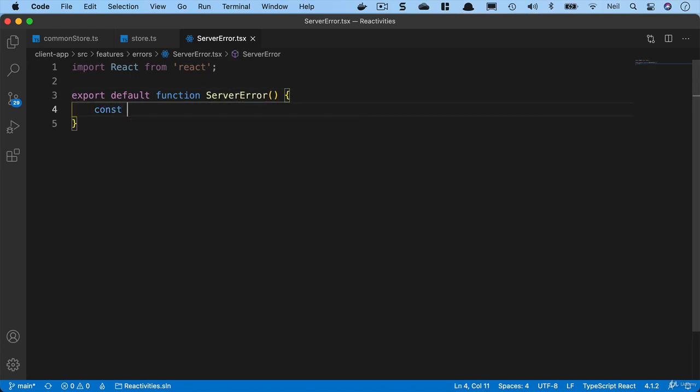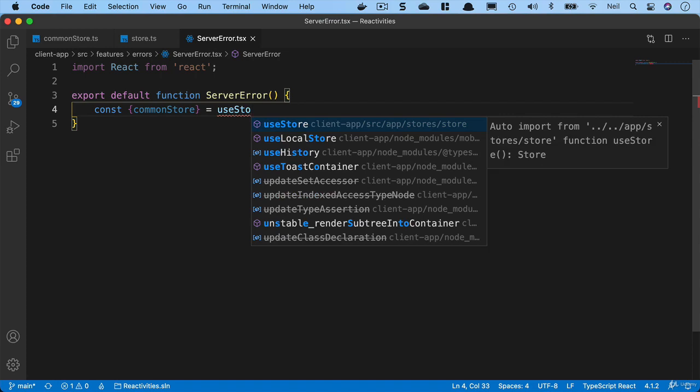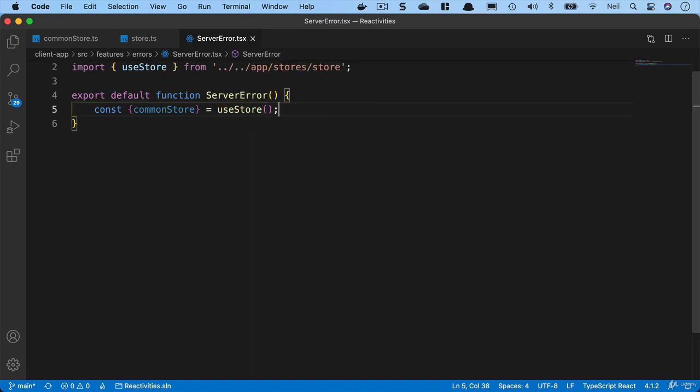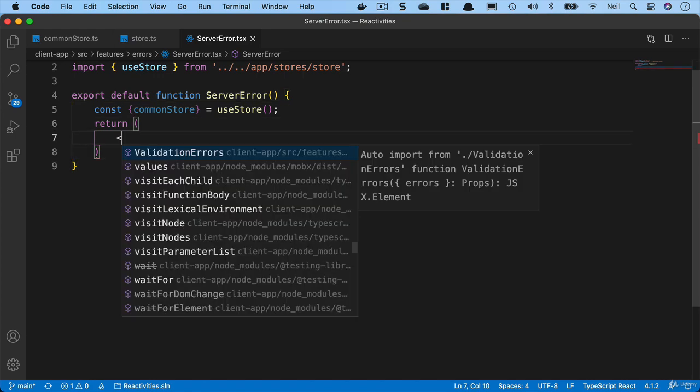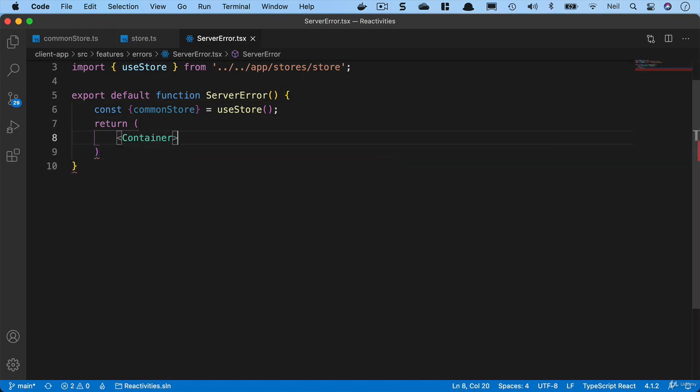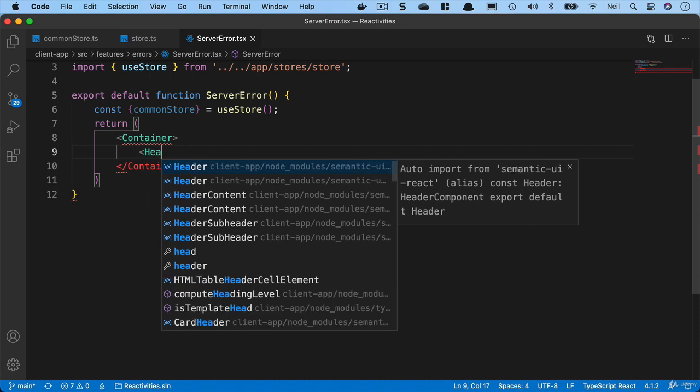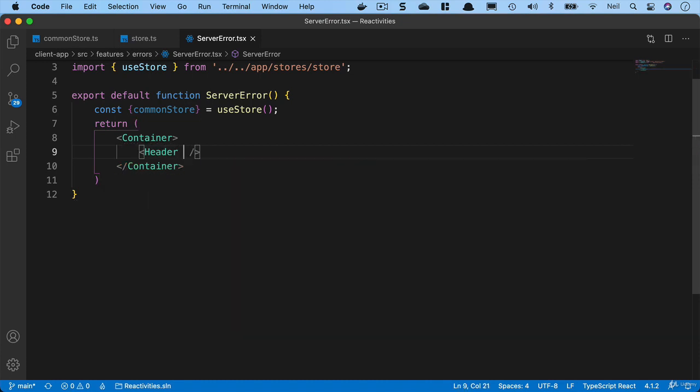And we need to go and get our new common store. So we'll say const commonStore equals, and we'll use our useStore hook that we created to get this. And then we'll return, and we'll put this inside a semantic UI container. We'll add a header, and we'll say as equals h1, and we'll say content equals server error, and we'll add